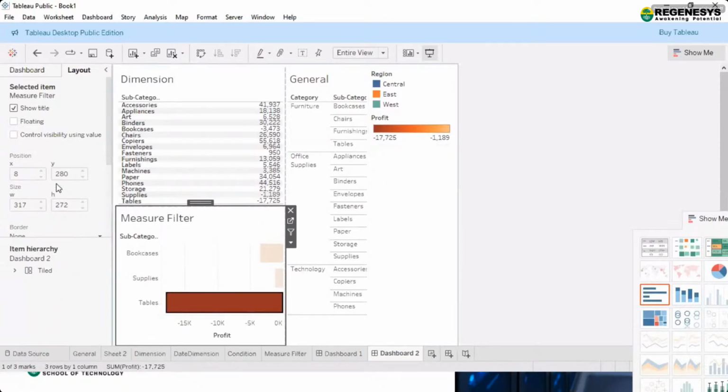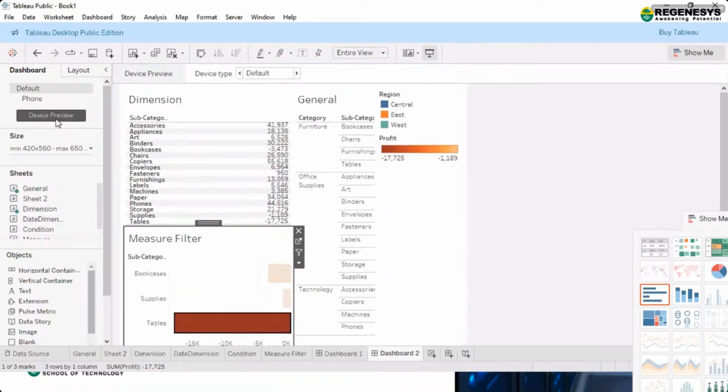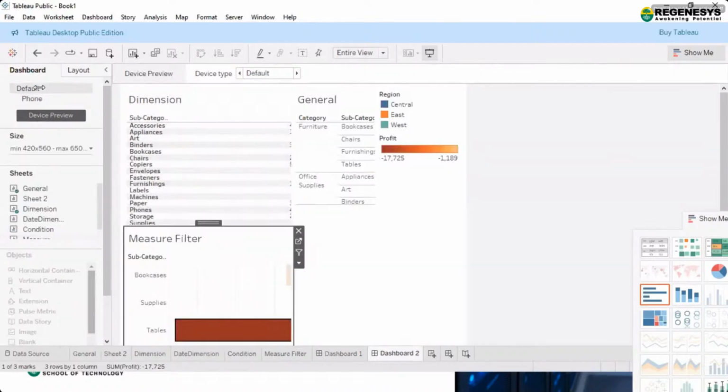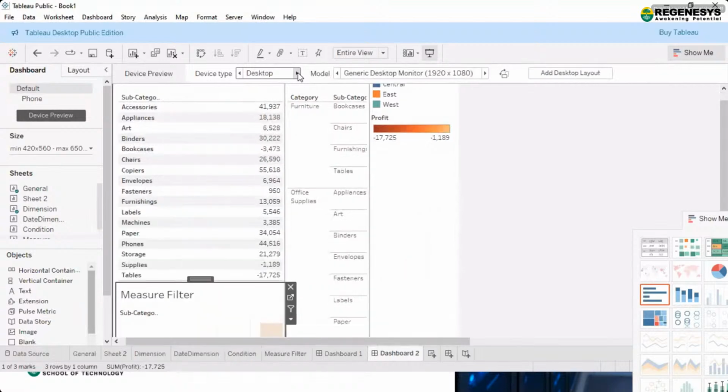So there are various settings that you can do for the layouts, for how we want to show it. Device preview: how it will get viewed. On mobile, you can see it in this way. If we go to default, it is in this way. You can see that I have used the desktop view for this device type. This is how it will look on the desktop.